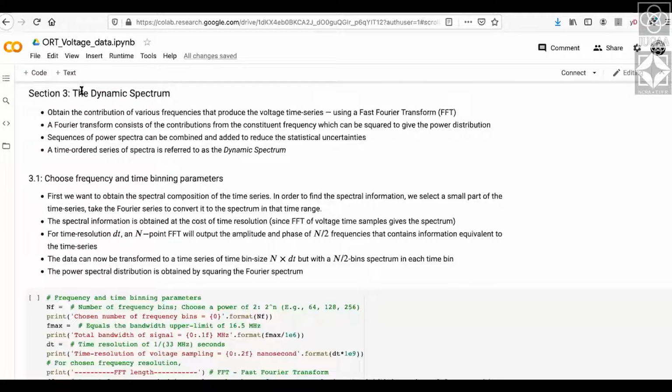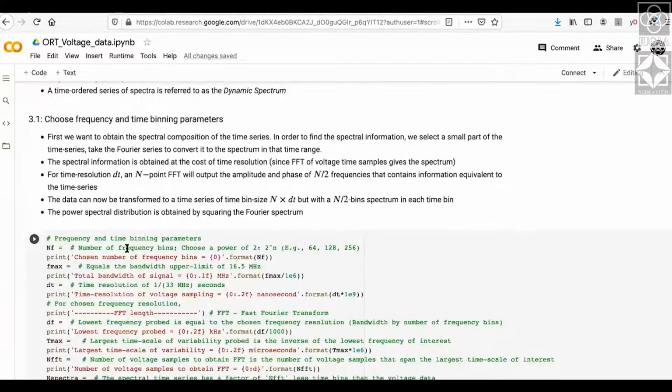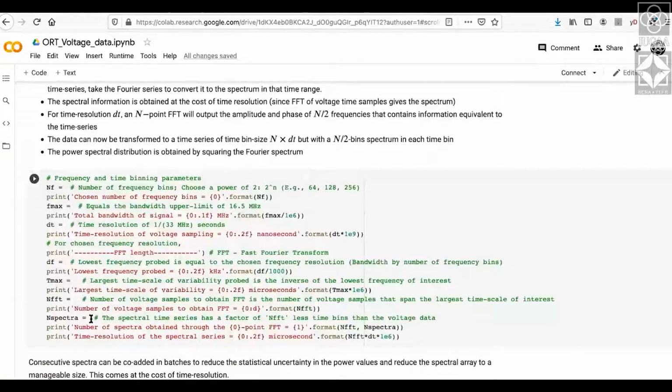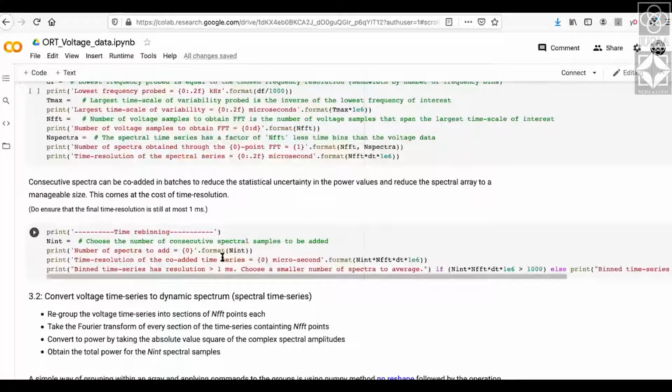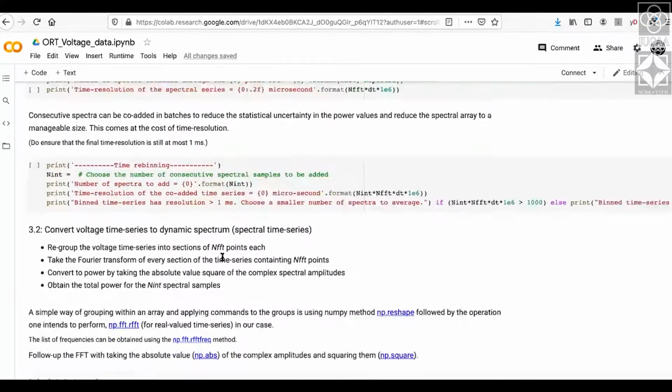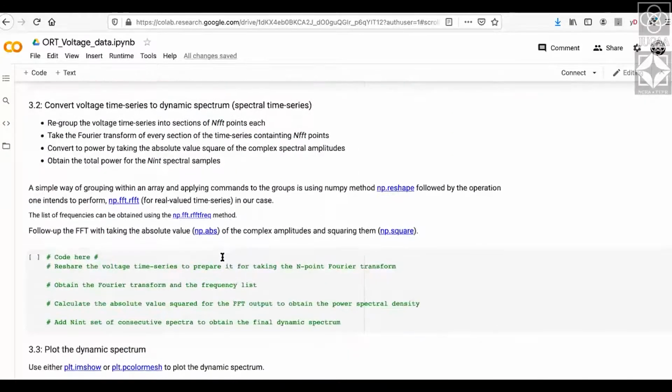So that's what this describes: how to choose the right number of frequency bins, and then find out what is the time bin that you end up with, how many points you should take to do the FFT for a particular number of frequency bins that you want to have. And it also gives you which commands you can use to get all these, essentially the FFT or getting the frequencies of the FFT. It uses NumPy, which most of you who use Python will be familiar with.